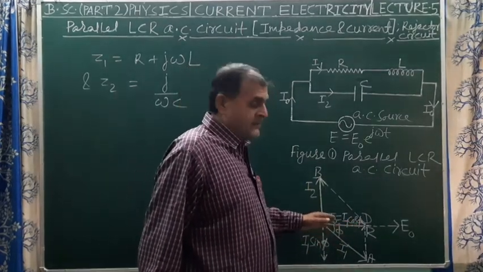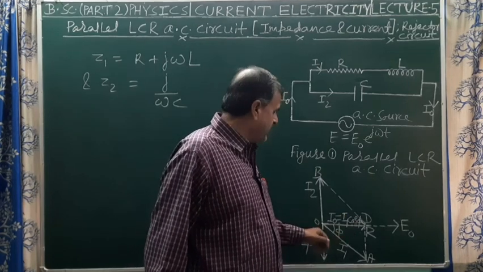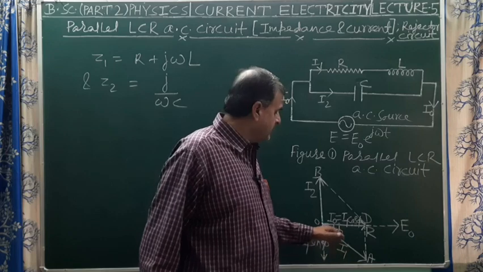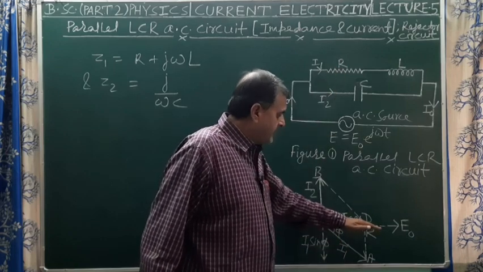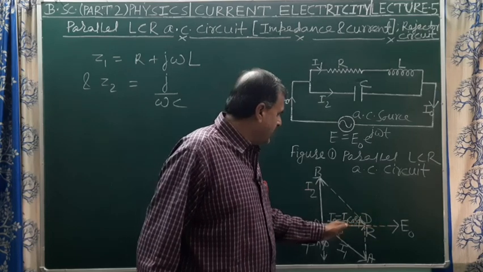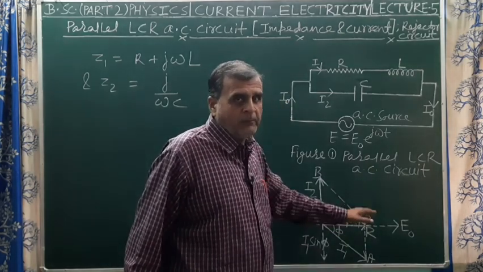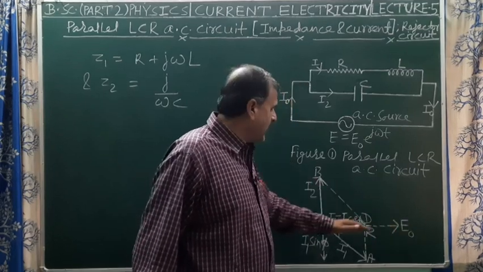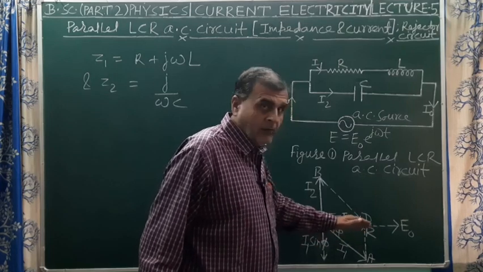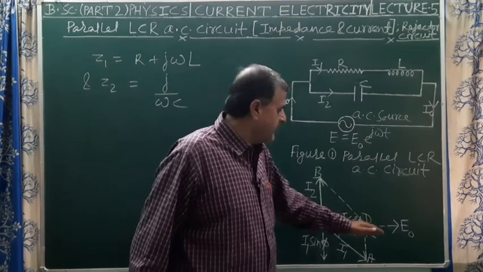So the resultant current I0 equals I1 cos phi, where phi is the phase angle between the direction of OA, that is current I1 in the inductor branch, and the direction of EMF, that is the peak value of EMF, E0. E0 is applied along the resistor R. R is also represented by OD, along the applied EMF, the peak value of applied EMF E naught.